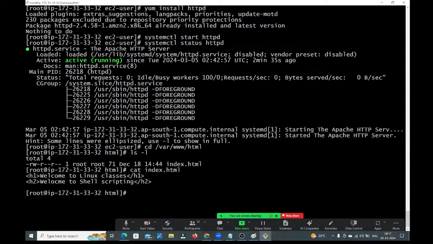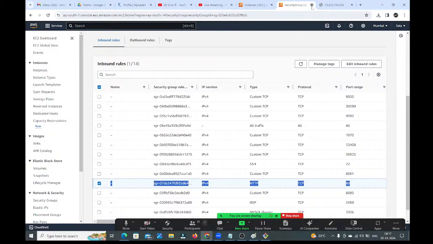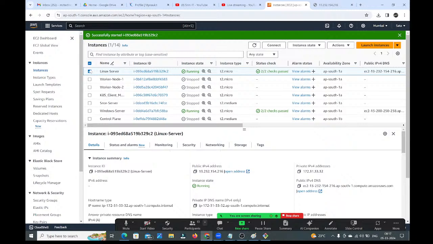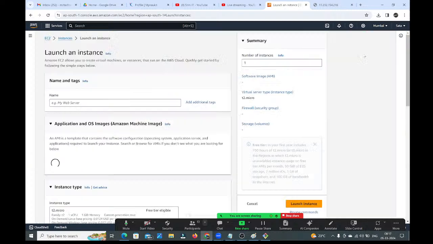One minute, guys. I want to show the default page also. So let me do one thing, guys. Here, instead of using this, let me create one more machine quickly. First let me show the default one, then I will show how to keep a custom website inside that case. Okay, so now here I'm taking,